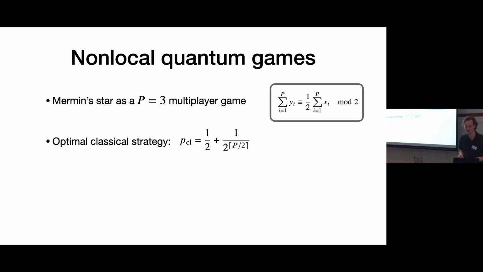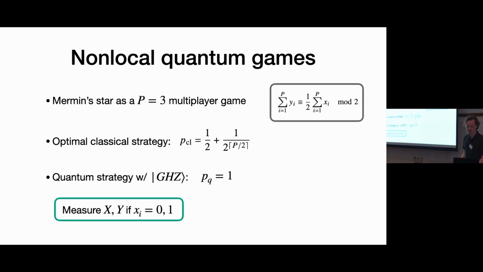And you can kind of show, but I'm not going to explain this really, that the optimal classical strategy is not really better than kind of guessing. But if you have the GHZ state, there's a quantum strategy where you allow the players to pre-share this entangled GHZ state. And then given the bit from the referee, this classical 0 or 1 bit, they just decide to measure this GHZ state either in the X or Y basis. And this succeeds with probability 1.